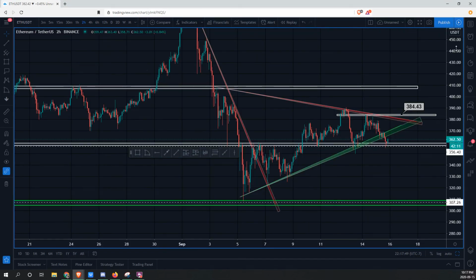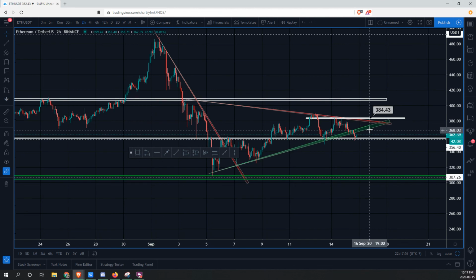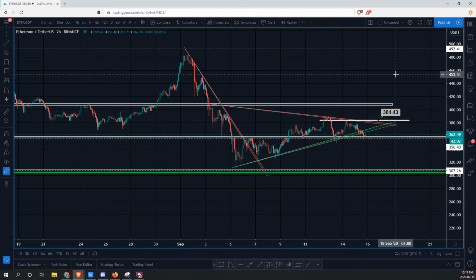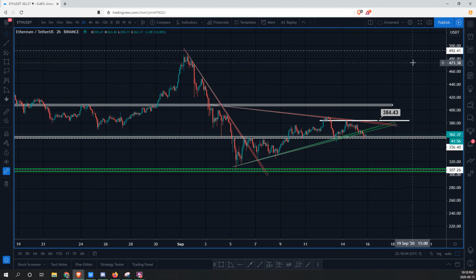Alright, so now we're going to be looking at Ethereum. I'm not going to take this off, let's just talk about it. So we were looking at a symmetrical triangle here. I do expect this potential low to hold, because I'm not going to short Ethereum at this point, definitely. We could see a failure of this ascending zone, and then a hold of this descending resistance, and then a slight contraction, something like this,